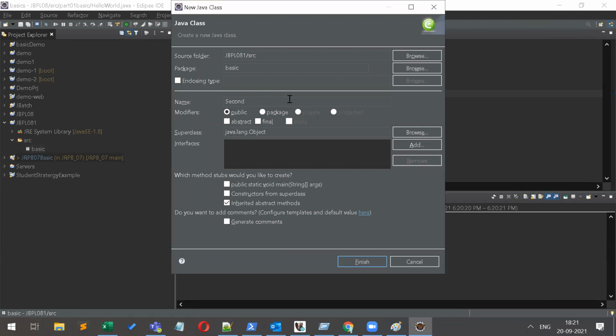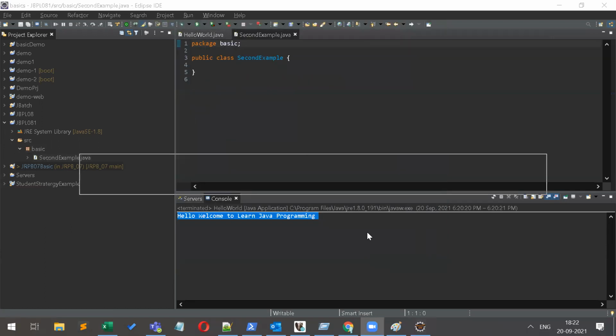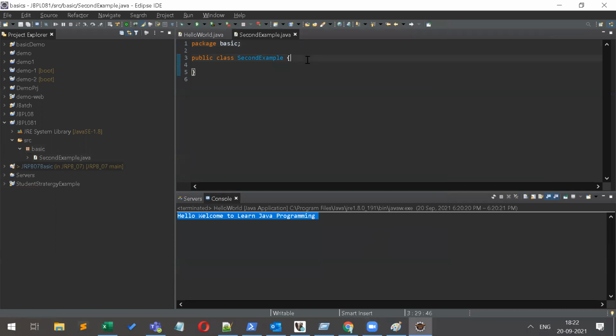I am giving Second Example as the class name, and I click Finish. Then you have to create the main method: public static void main, inside the parameter we write String args, and curly brackets open and close.